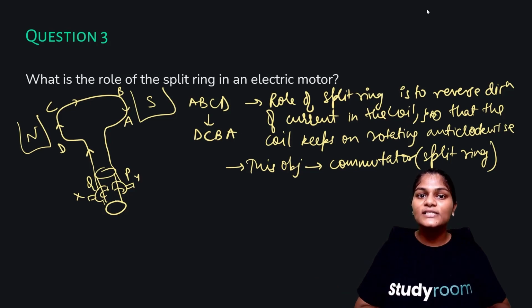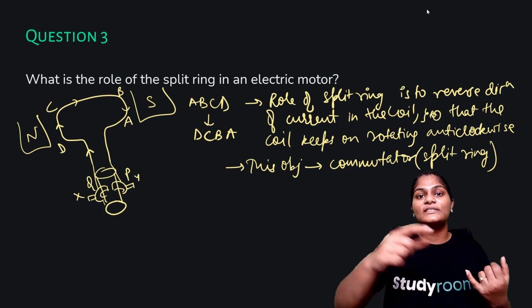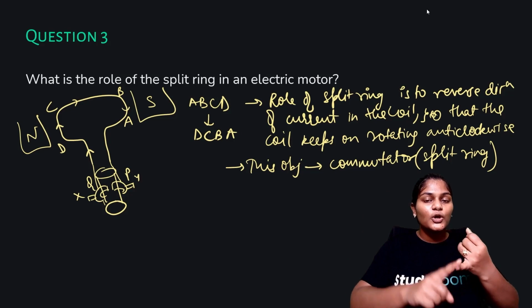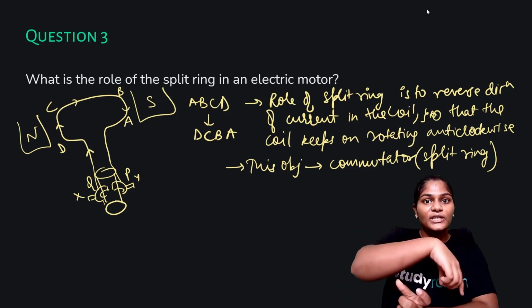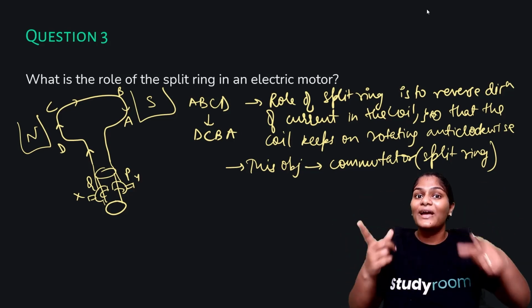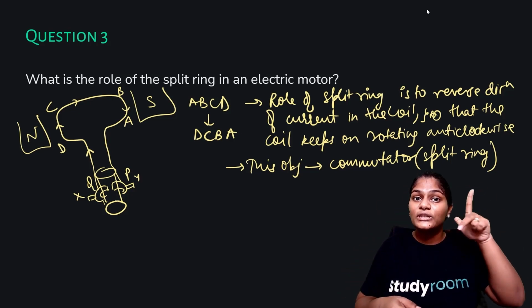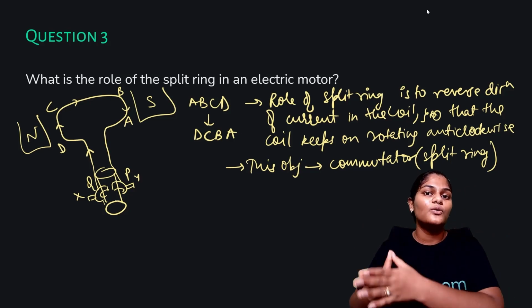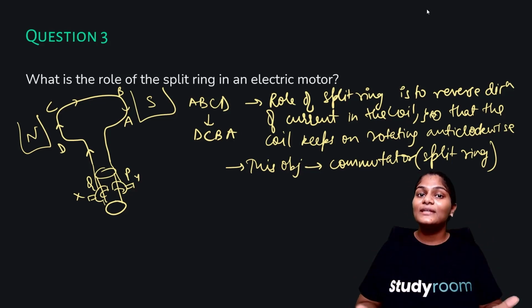So in this class, we studied the electric motor, how it is set up, and what its different components and parts are. Now you should know what happens with the coil, why the split ring is there, why the brushes are stationary, what happens after the direction is reversed, and why the coil keeps on rotating and does not stop after one point. Why is that? Because the force is continuously being exerted because of the current, using Fleming's left hand rule. Okay, and you should know how the electric motor works completely. So make sure you have revised all of your topics, and in the next class we will study